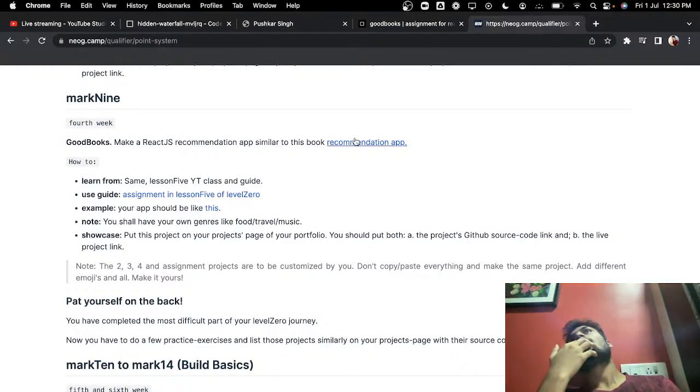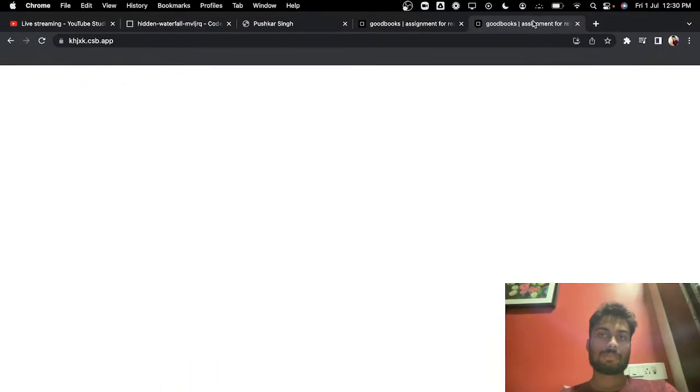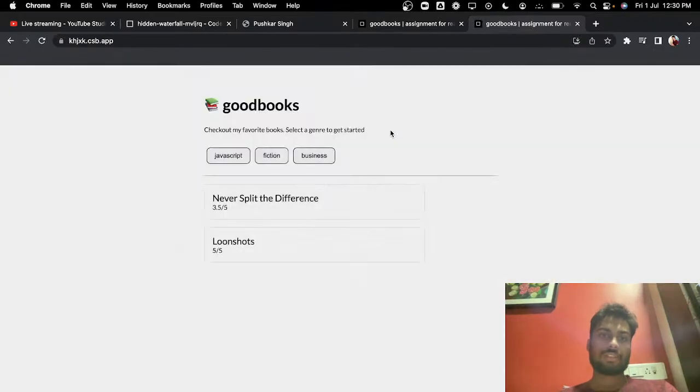Make an app similar to the book recommendation app. What should we make? Not a book recommendation app, that's been done. Let's just see. So this basically has the name of the book and the rating, right? So we need to have the name of the thing, rating, and which section it belongs to. Let's do this simple thing. I know I'm getting distracted, but